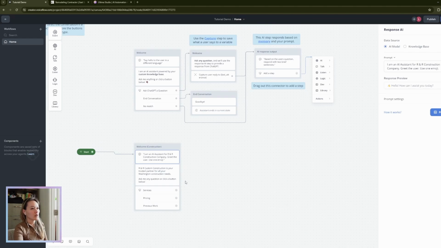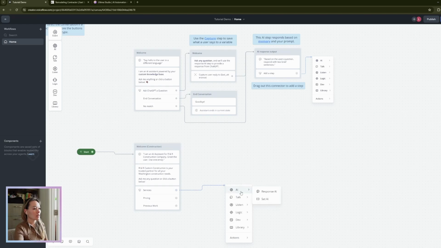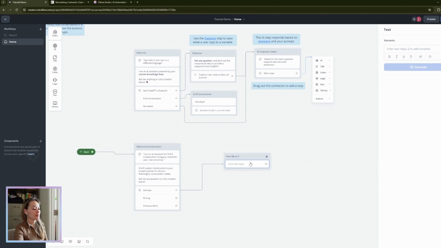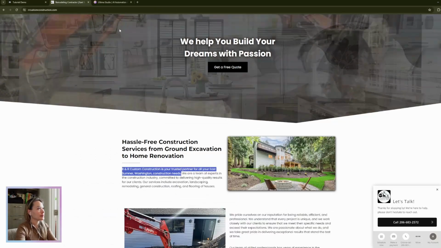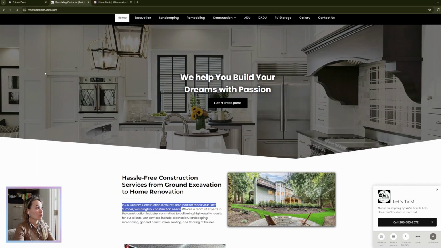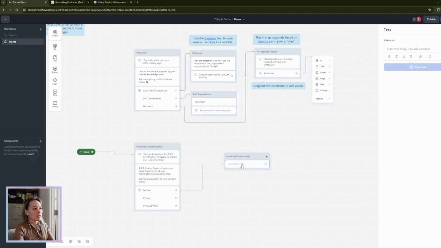let's make this flow more interesting by, you can drag it here and let's use a text block for this one. Okay, and this one is going to be named services. All right, so now we want to say something like, we can add this block of text just to kind of introduce what the company does or what services they